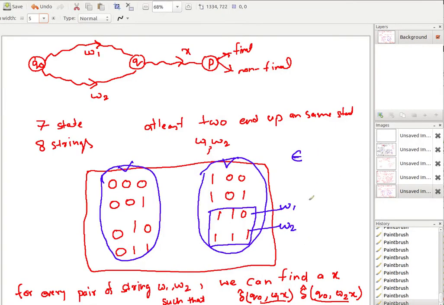Whenever you append any string of length 2, let's say that X has 2 symbols A1 and A2. When you append that, the window that you were seeing shifts. So for 110 and 111, when you append A1 and A2, the window will shift from 110 to this, while for this the window will shift to this. Now here the deciding bit is this, right? So you did such a shifting that the deciding bit is actually differing from each other, and because of that the answers will be different.